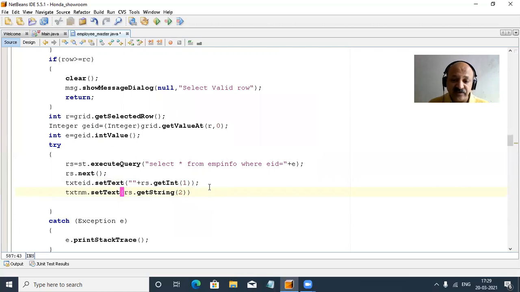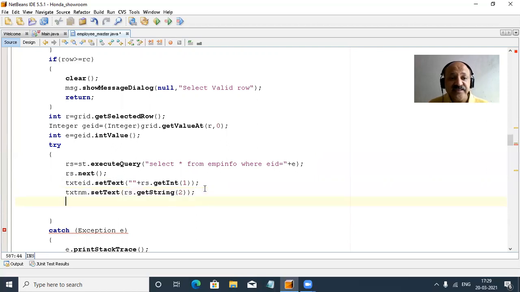Column index starts with 1 and array index starts with 0, so that is different. So we can take rs.next here. Now you can understand what I do in this process. Two fields are selected from the JTable to our original database table.